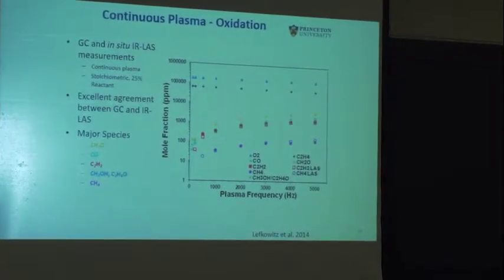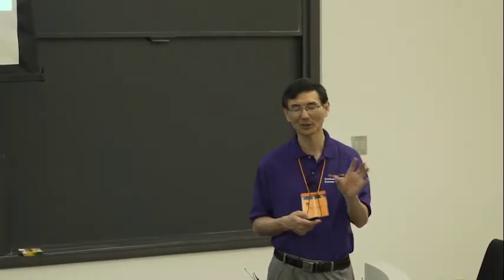When you listen to Dr. Stephen Klippenstein's lecture, he says that his high-level quantum chemistry computation gives you an uncertainty of 30%. Where does the 30% come from? One of the major uncertainties is the energy barrier, and there is some uncertainty in the partition function. For the energy barrier, the accurate methods can normally do today probably 1 kilocalorie per mole or